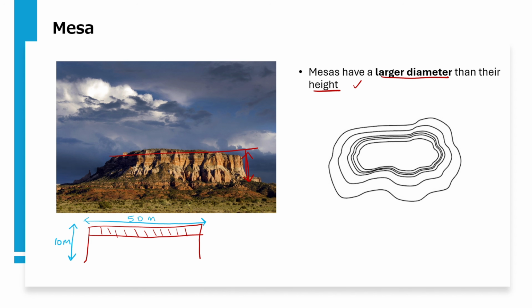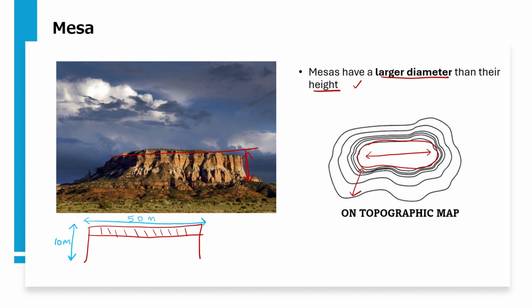And from a topographical map, we'll see them like this. I'm not here to teach map work, but in a sense, I just wanted to show you how a mesa looks on a topographic map. This is the top of the mesa, which is just that bigger diameter. And then this is the height. From here to here represents the height of the mesa. I'm not going to teach you how to interpret contour lines. I'm not here to do that.